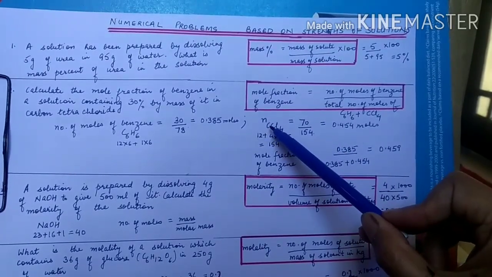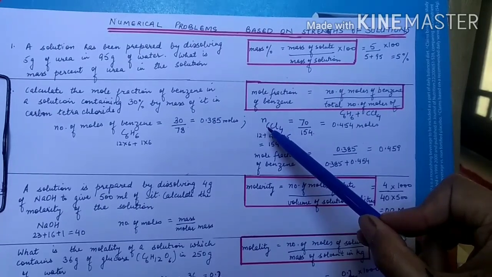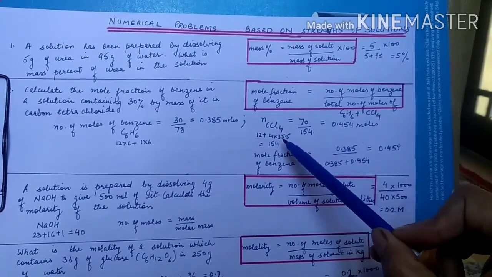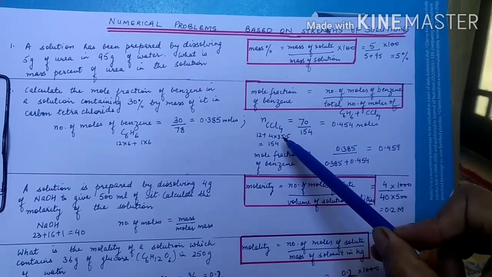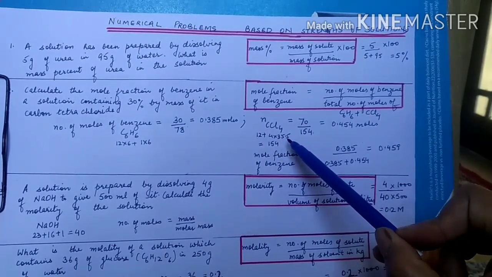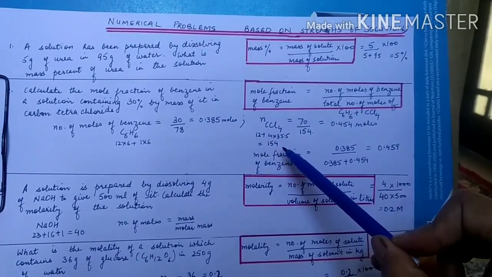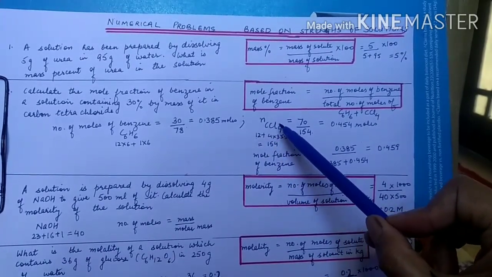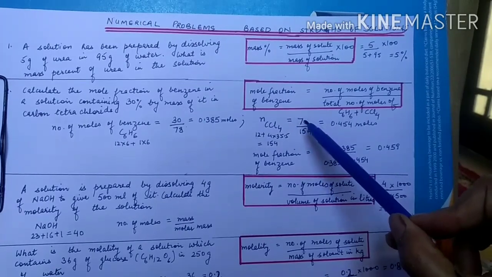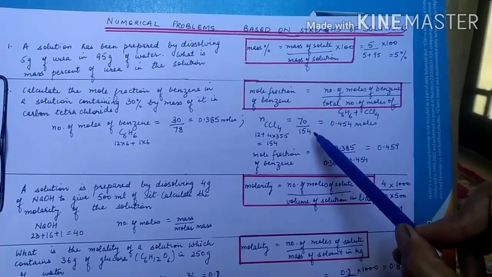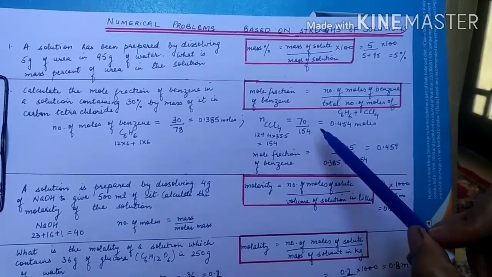So molar mass में कार्बन है 1 तो 12 और क्लोरीन है 4. हर क्लोरीन का एटॉमिक मास है 35.5, तो 4 into 35.5 142, 142 plus 12 154. So to find out the number of moles, we get 70, mass of carbon tetrachloride, divided by its molar mass 154. This comes out to be